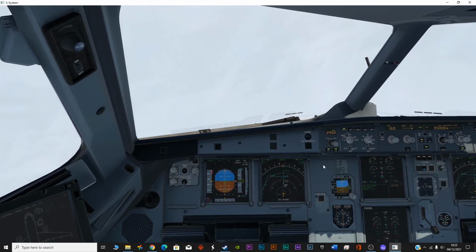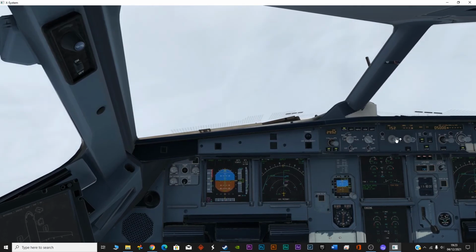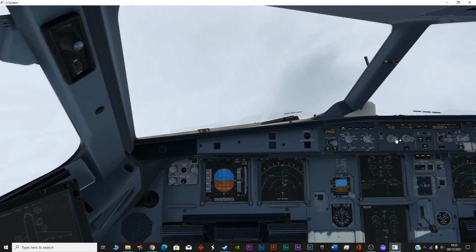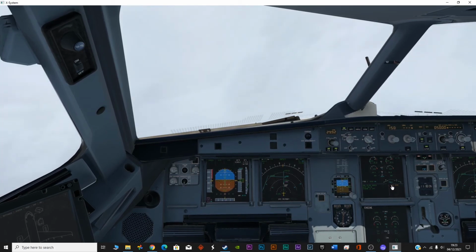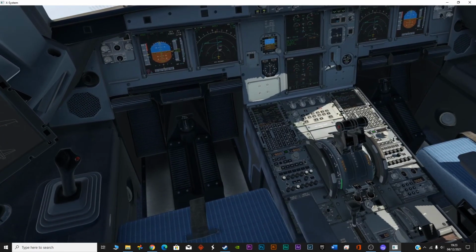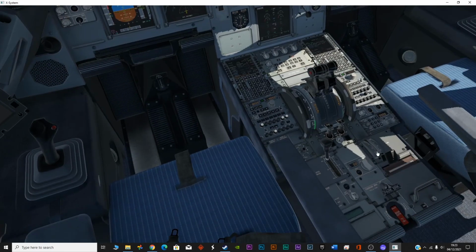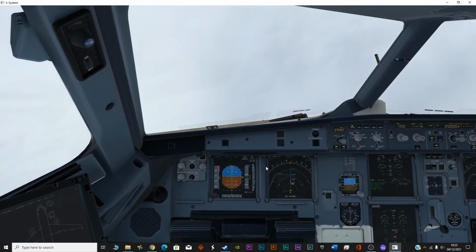And now I can extend the flaps to full. Let's further reduce the speed. Now you can see over here on the ECAM, on the upper ECAM, the flaps are fully extended. You can see it over here. The flaps are fully extended, and the speed is now set to 150,